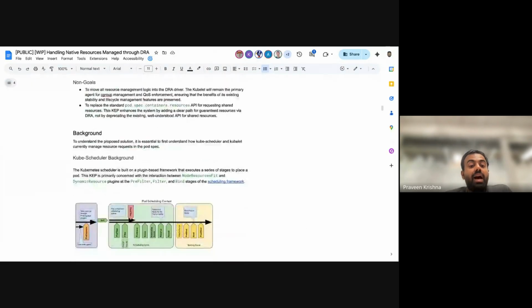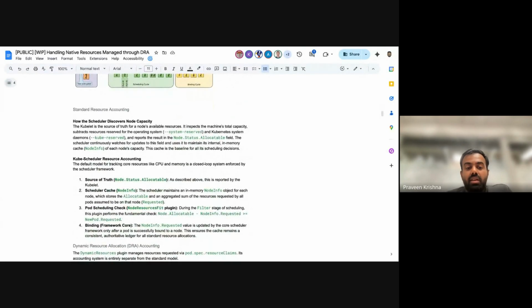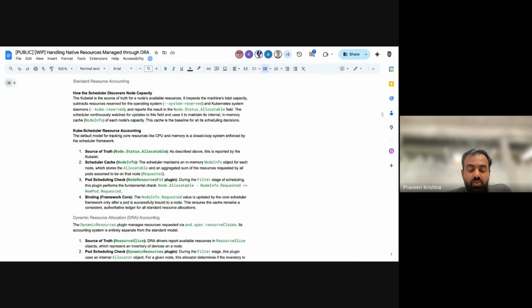So at a high level, the larger issue that we need to address here is that we now have two accounting mechanisms within the kube scheduler. For DRA, we have the dynamic resources plugin, and for the rest of the resources we have the node resources fit plugin, which manages the rest of the resources. We need something to tie these two plugins together,